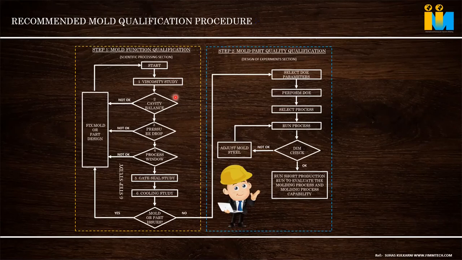And the gate sealing study we already discussed. Up to what time is the gate kept open? The gate, by its name, is the first portion that shuts off and seals. Suppose we are doing a gate seal study: 4 seconds, 5 seconds, 6 seconds, and up to 6 seconds the weight is increasing. From 6 to 7 seconds the weight of the part is not increasing, 8 seconds is not increasing, 9 seconds is not. It means at 6 seconds the gate is already frozen.